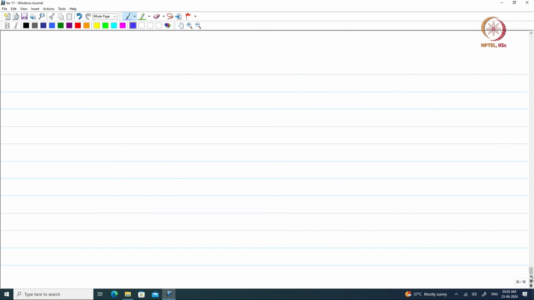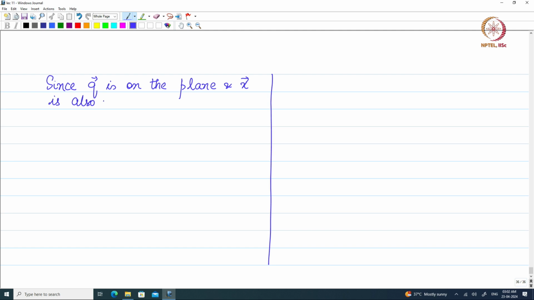And now what we are going to do is we are going to look at this. Since q is a point on the plane, and x is also on the plane,